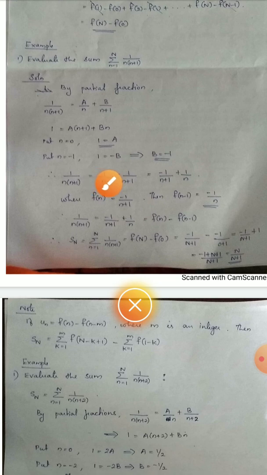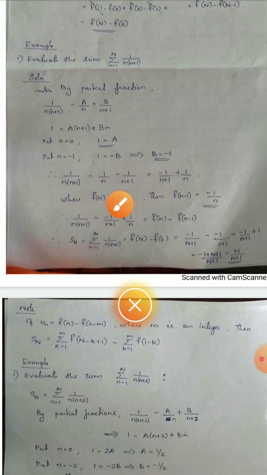Here we have got 1 by n minus 1 by n plus 1. So don't take instantly that f of n is 1 by n. It will be wrong. Always look at the greater expression in n. Greater expression means here comes a term in n, and here is a term in n plus 1. So n plus 1 is bigger. Don't look at it as 1 by n plus 1, just not the expression in n. Here n is coming, here n plus 1 is coming. So the expression having greater n, that is n plus 1, put it as f of n.